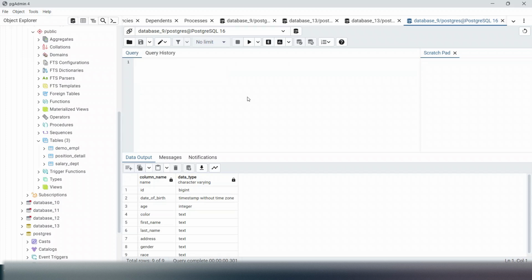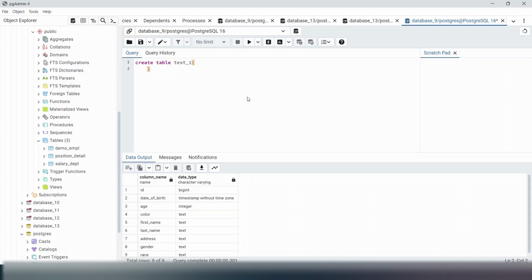So to do that, you have to say create table, then give a name of the table, say test. I'm giving it the name of the table as test1, then parenthesis,